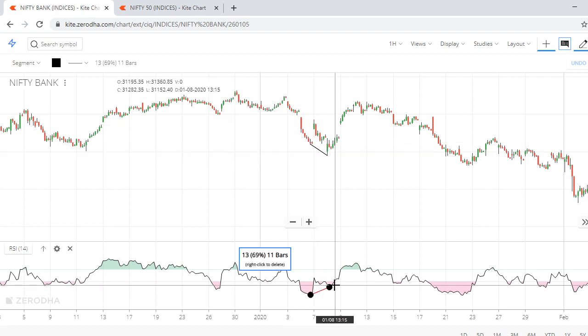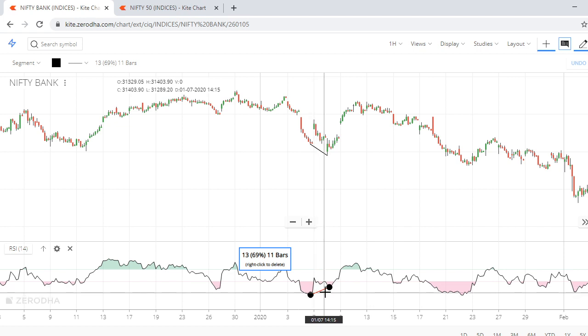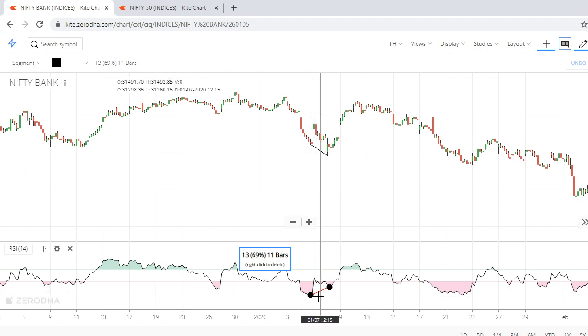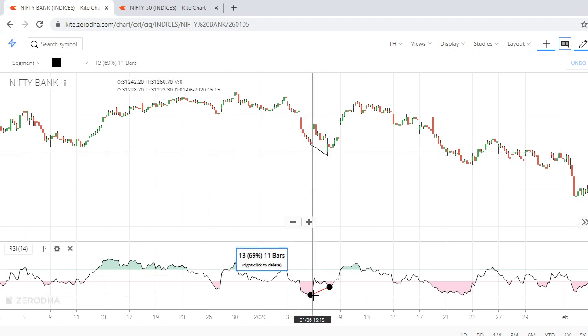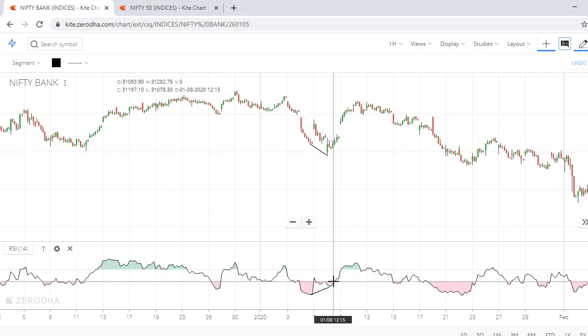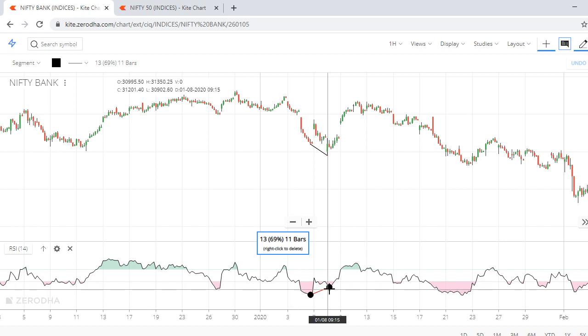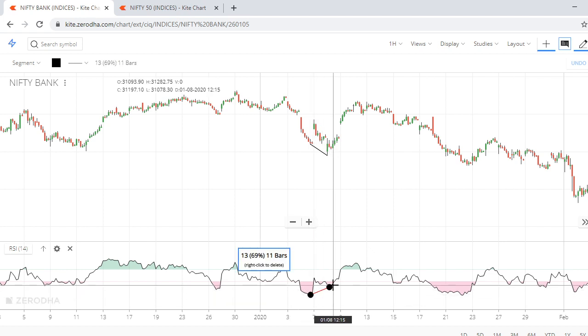The only criteria is, whenever you are looking for the bullish divergence, make sure that you take the entry when the stock is below 40. We modified these levels, right? So if you can make an entry at below 40, the divergence can give you beautiful results.